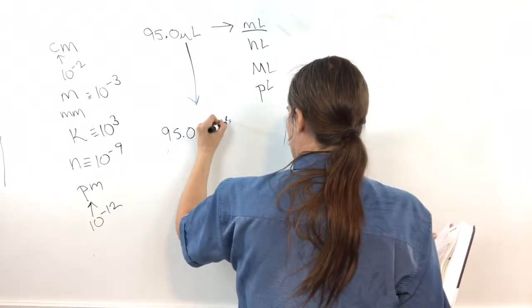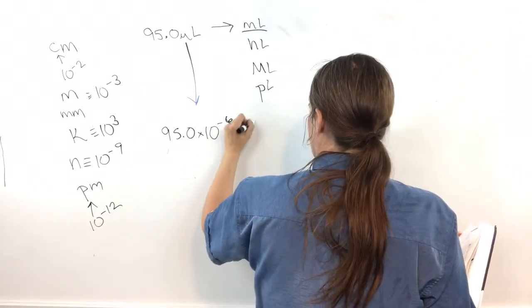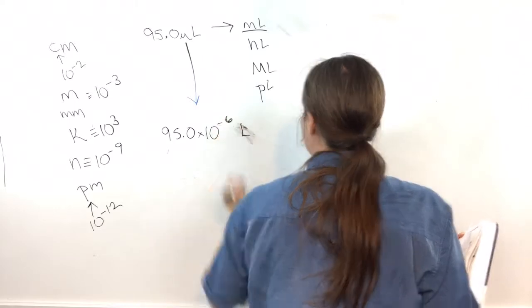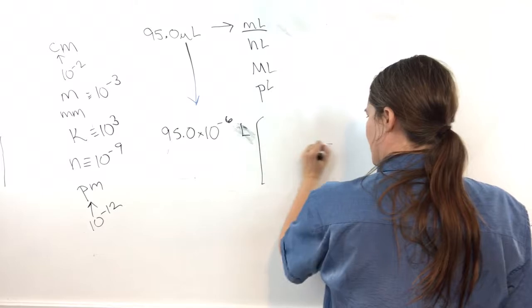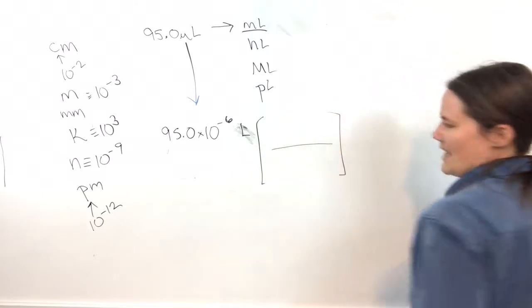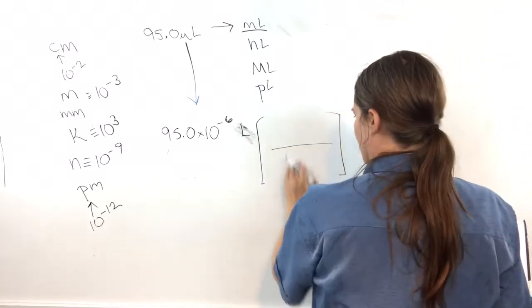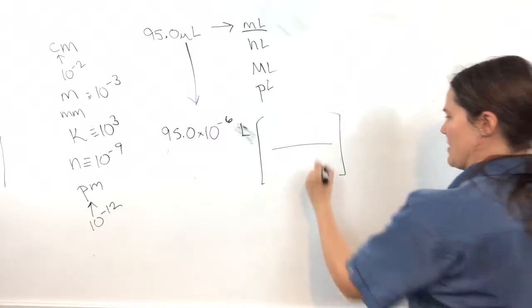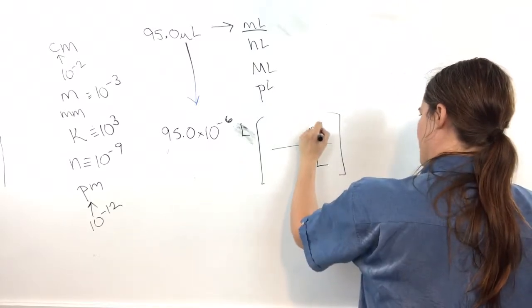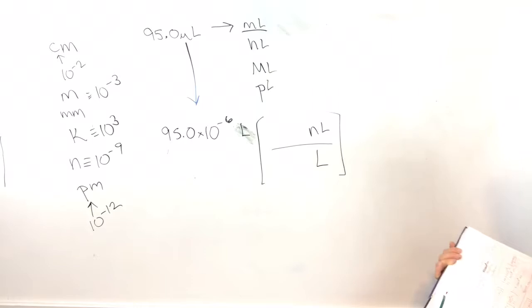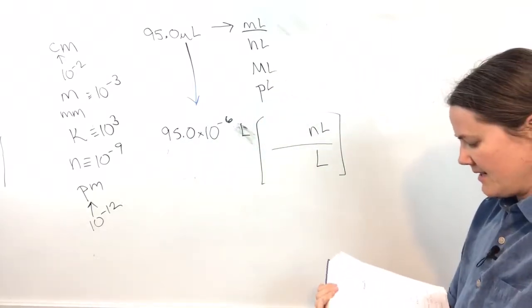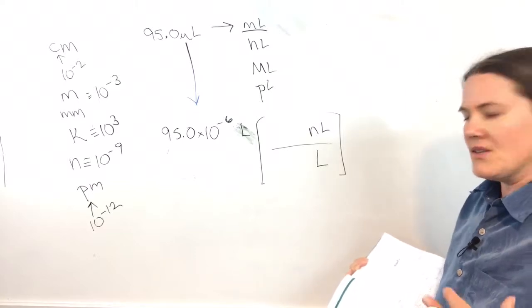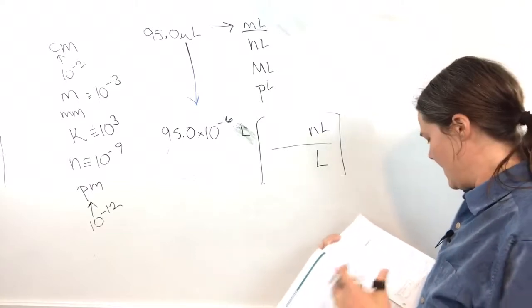95 times 10 to the minus 6 liters. And I want to convert this to nanoliters. So I just do the same thing. I need to write a conversion factor, and I'm going to want liters on the bottom and nanoliters on the top. So what I do is I go look at my table and I write down what the conversions are